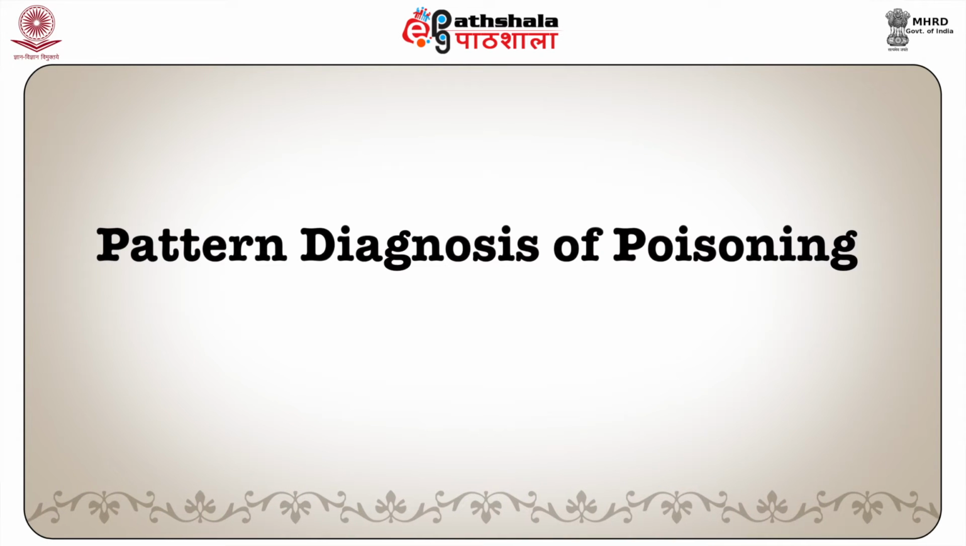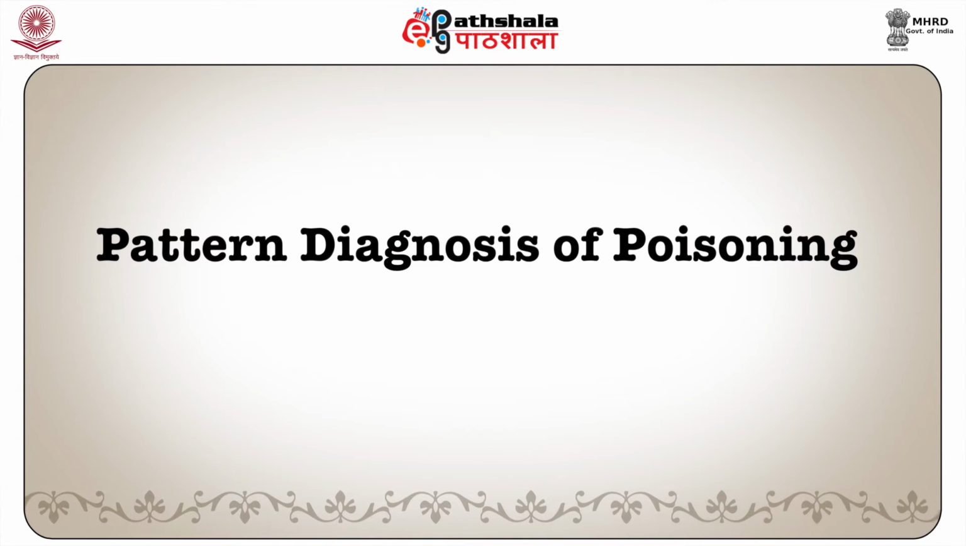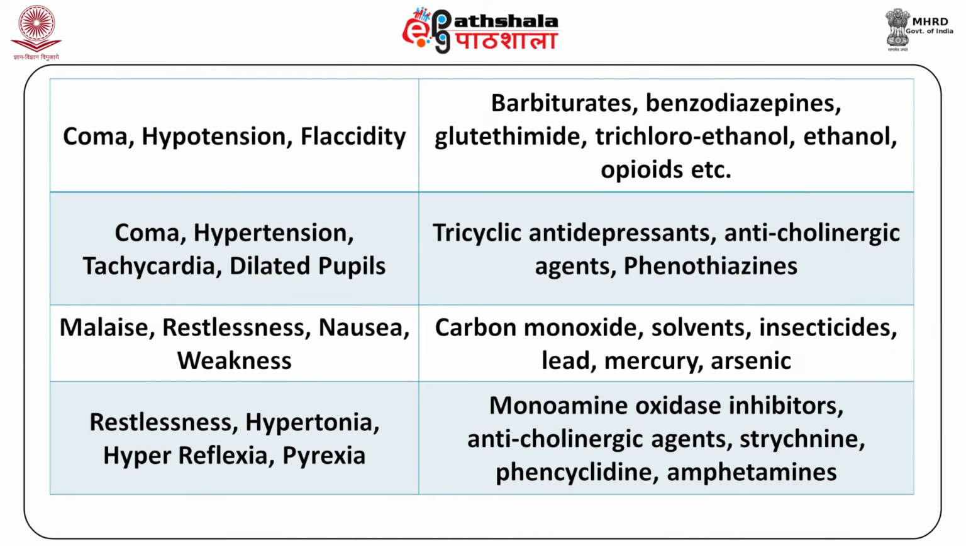Next, we will study about the pattern diagnosis of poisoning. How will you diagnose the poisoning case and what are the symptoms shown? In case of coma, hypotension and flaccidity, it is the barbiturates, benzodiazepines, glutethimide, trichloroethanol, ethanol, opioids, etc. In case of coma, hypertension, tachycardia and dilated pupils, the general drugs used are tricyclic antidepressants,